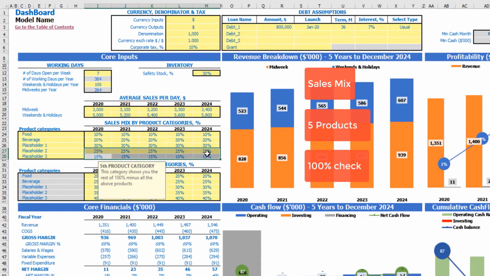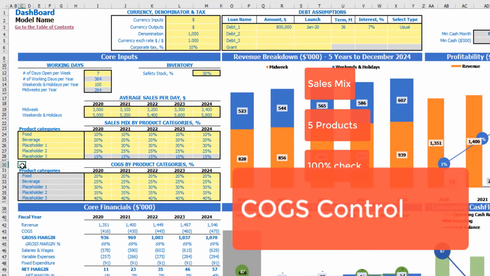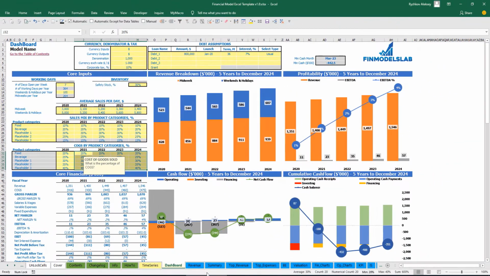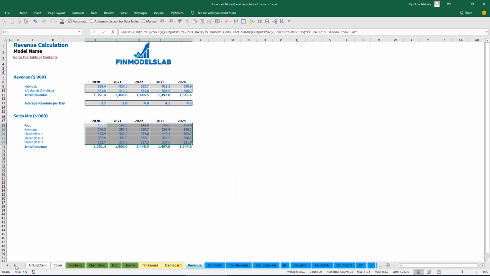If everything fine, it should be just gray cells, and this contains formula which is 100% minus the breakdown of other 4 categories. Also below you can set up COGS for each of these product categories. Also this is broken down by years. Additionally, on the revenue tab you may see the main outputs, which is midweek and weekends and holidays revenue, average revenue per day,